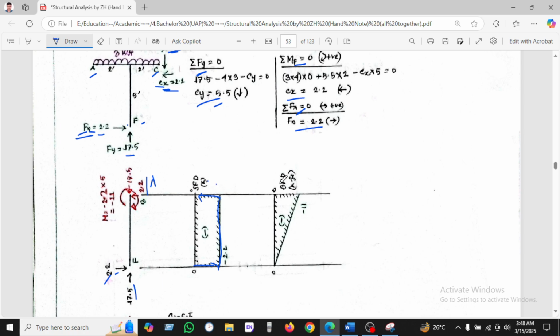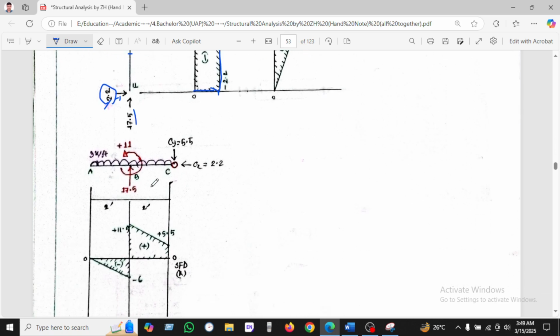So now we're taking the bending moment diagram. How do we draw it? As we have seen here, 2.2 is downward, and the distance given is 5. So 5 into 2.2 will be 11, and for balance purposes we found 11, so it will be upward. Ultimately, the bending moment will be 0. And we are taking another